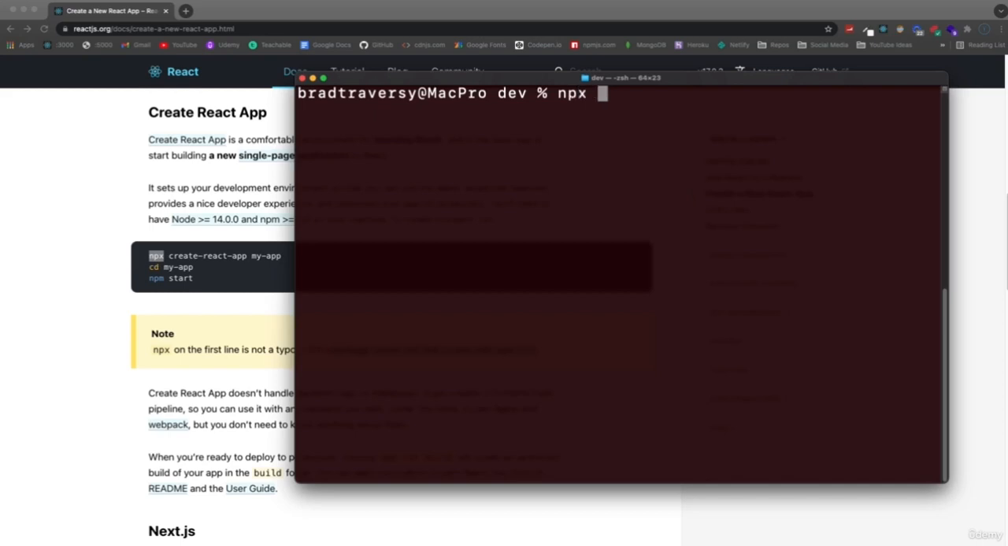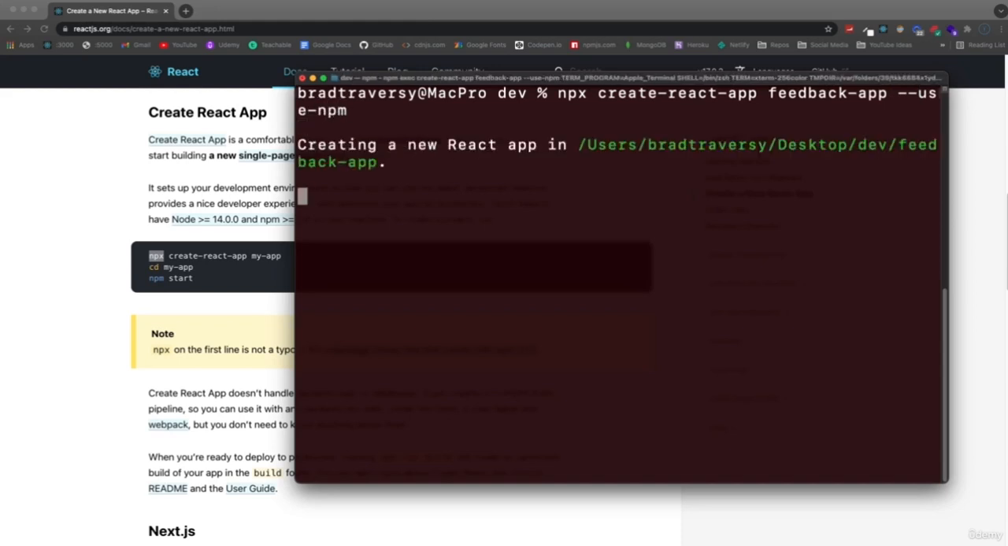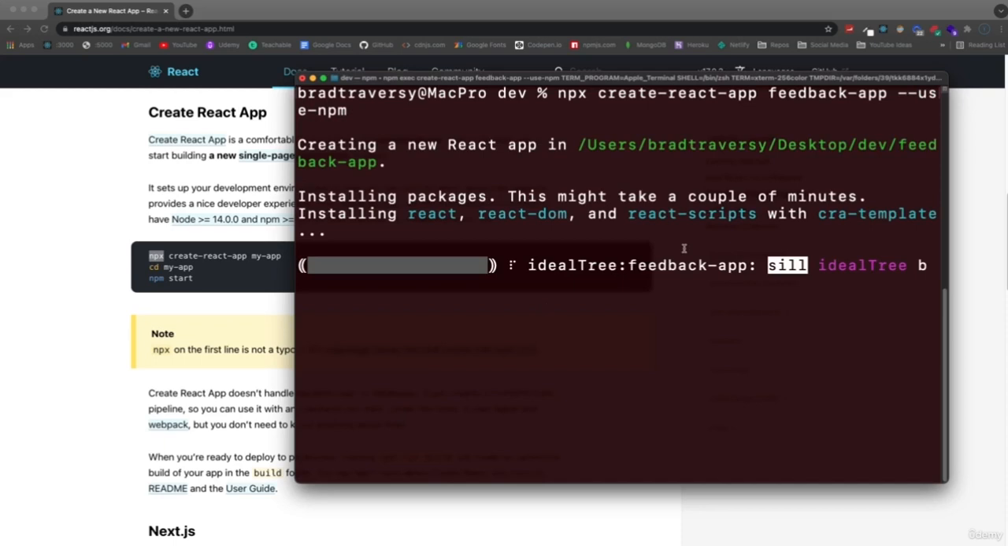And let's run npx create-react-app, and then whatever we want to call this, I'm just going to call it feedback app. And then I'm also going to add --use-npm so that I can use npm over yarn. And what this will do is it'll create a new folder called feedback app, or whatever you called it here, and it will add all the files and folders and dependencies that we need in order to create a React